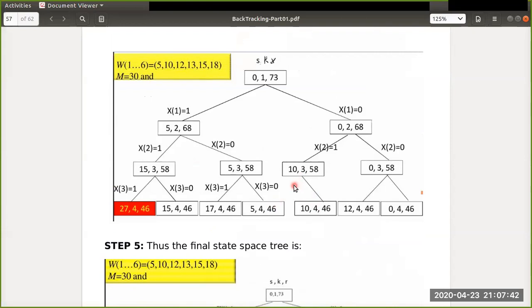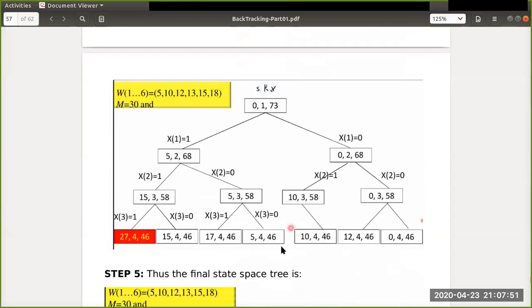Let's see that, because we can generate, but generating is also not a useful solution. That's why it stops here on this side. If generated, the left side will be 10 plus 12, which means 22 only. Here we'll get 22, comma 4, comma 46. But after that, we are unable to generate. That's why we stop here.